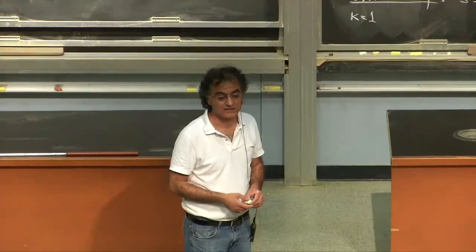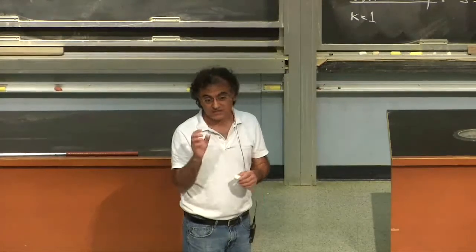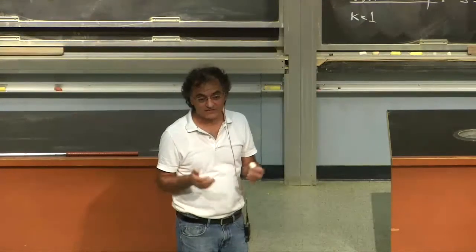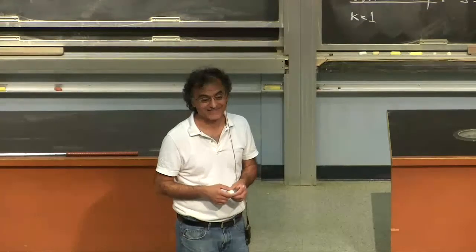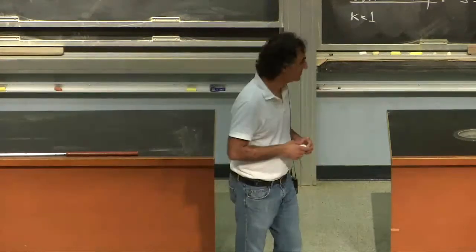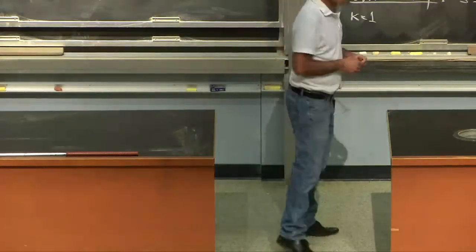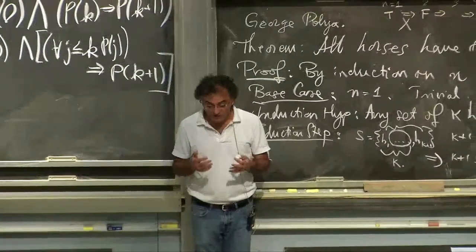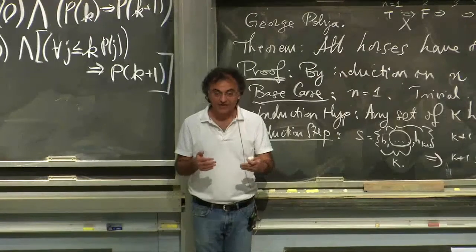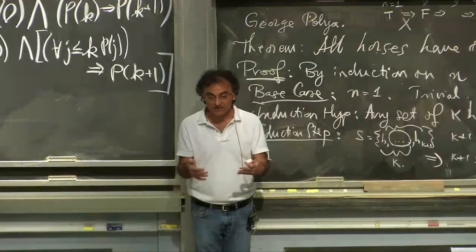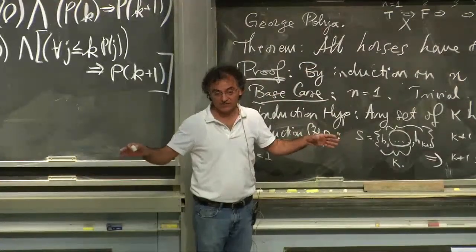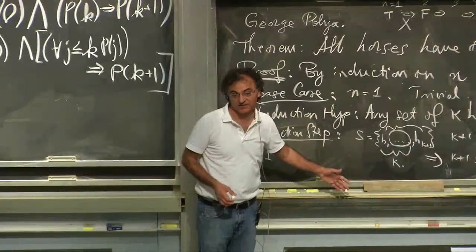I'm just saying that two horses have the same color. Not every set. I'm just saying two horses have the same color. Well, then you're out of luck. Because the main flaw with this is that there's no middle for two. So if we can prove that one and two horses, well, if you prove that every set of one and every set of two horses have the same color, then it follows that every set of n horses have the same color. That's what this proof is really showing.